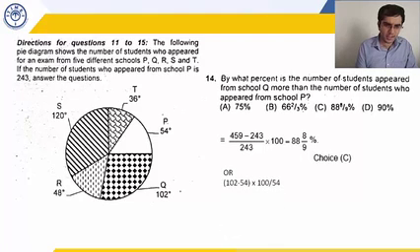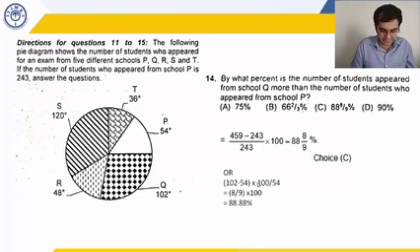But Q more than P is 102 degrees to be compared with 54 degrees. So 102 minus 54 divided by 54 into 100, because you need a percentage value. So 102 minus 54 becomes 48. So 48 by 54 is 8 by 9. 48 by 54 is 8 by 9 into 100. That is 88.88%.